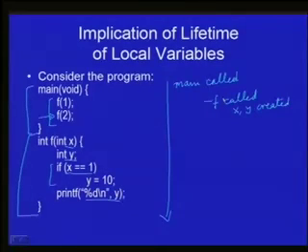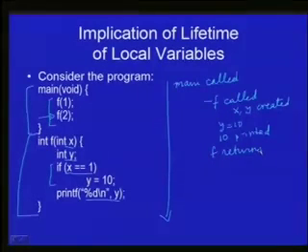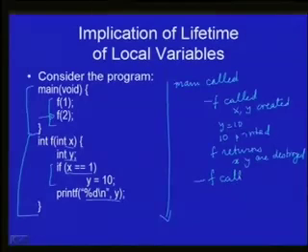This is the first call to f, then y is assigned the value 10, 10 is printed, then f returns, x and y are destroyed. Now when f returns and control goes back to main, f is called again, and so x and y